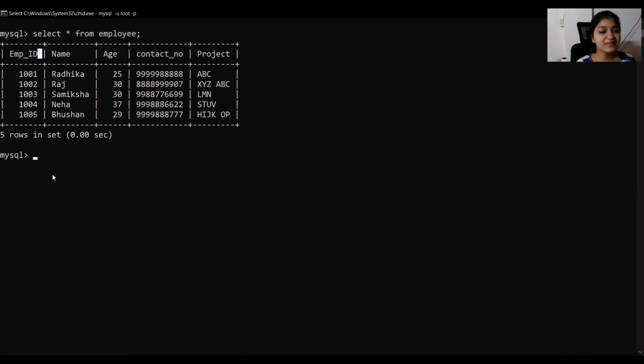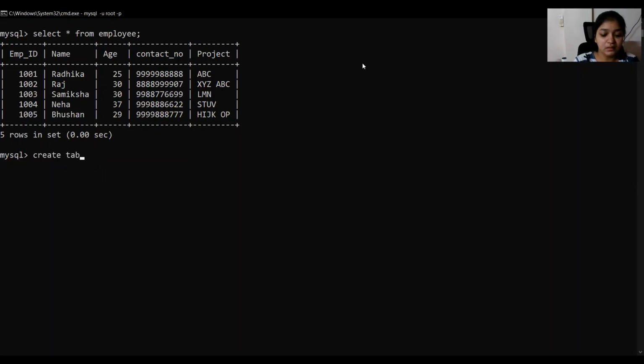So if I give you an example, let's say we have a student table, and in student table we are storing roll numbers and names, and we have another table grades in which we are storing roll number and grades. So now we can link these two tables with roll number attribute. So here roll number becomes primary key for student table and it becomes foreign key for grade table. So now let's create another table. Here we'll create a project table and we will have employee ID as foreign key in that table.